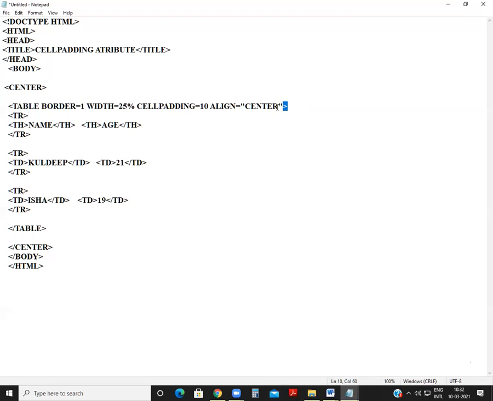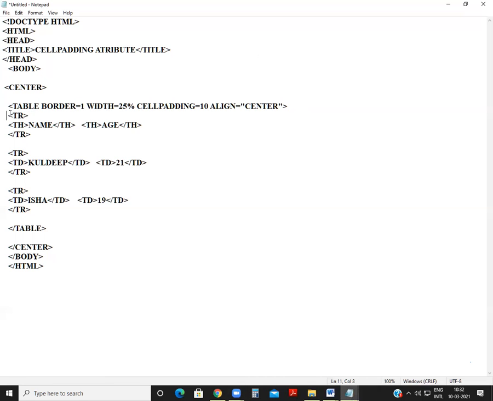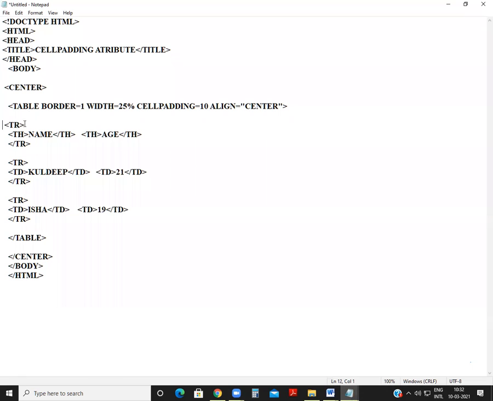Then we are going to write here the table row. This coding is to create a new table row. In this table row we write here the name, with th. If you write th, the text will come in bold letters.